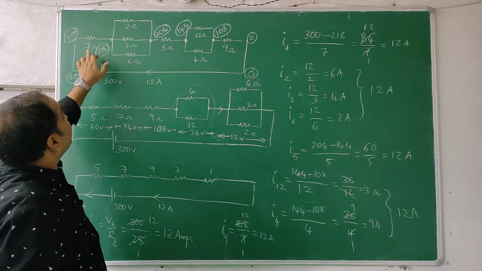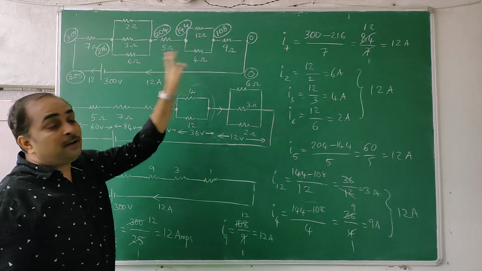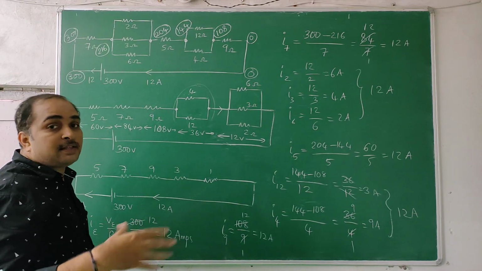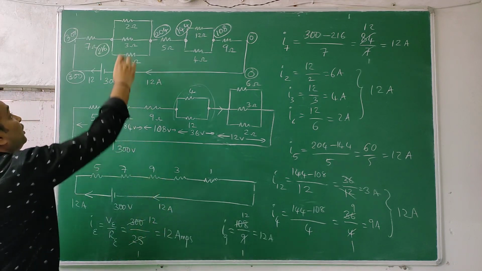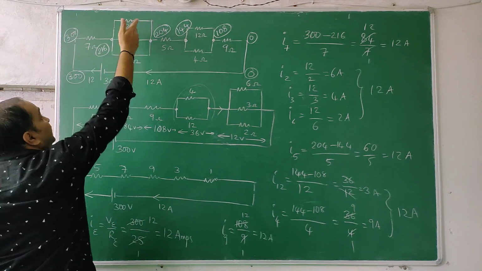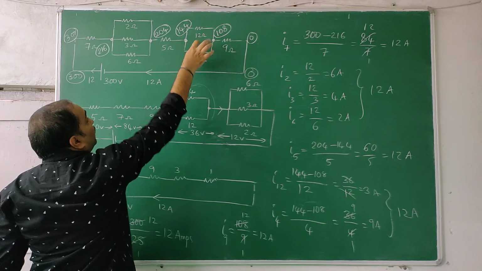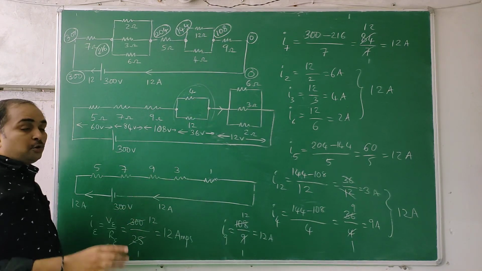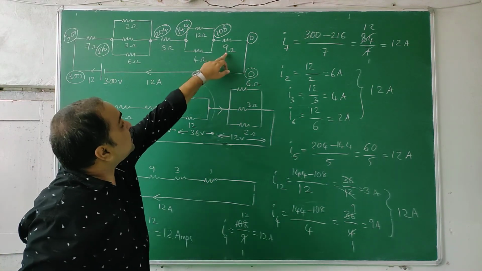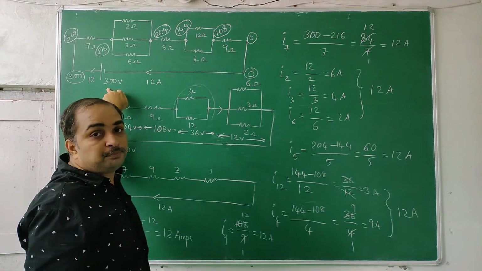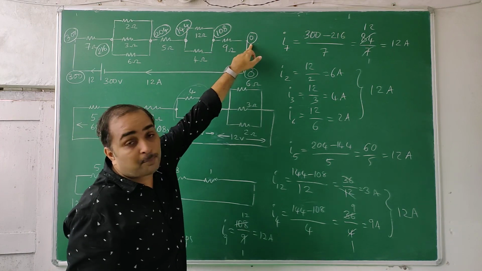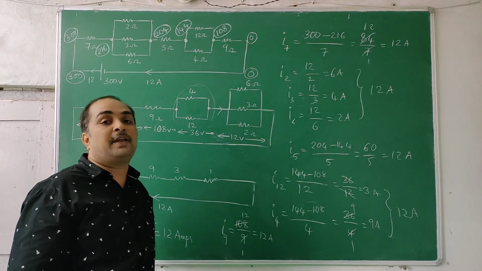I told you that the 7, 5, 9 are at different places, but you can put them as 5, 7, 9 like this. According to your ease, you can arrange them. Second, when they are parallel, 2, 3, 6, you can write 6, 3, 2. 12 and 4, you can write 4 and 12. When finding the current, do not take the individual resistance and divide by 300. You should know what the potential is before the 9 and what the potential is after the 9. That potential difference is what matters.